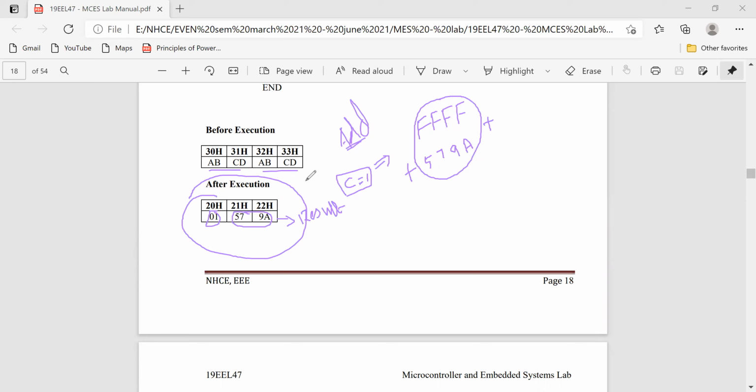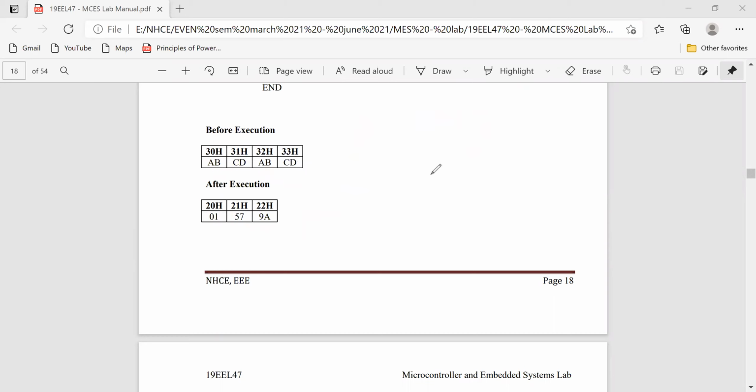If you convert these two values to decimal, you will get some maximum value, and that maximum value will be equivalent to this value. That is, if you add FF with 579A, in decimal both will be the same. If there is a carry, it indicates that your value is greater than FFFF for 16-bit addition.